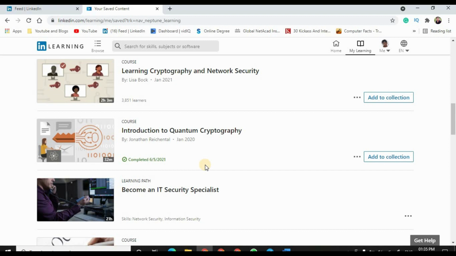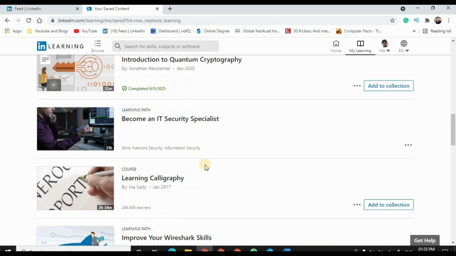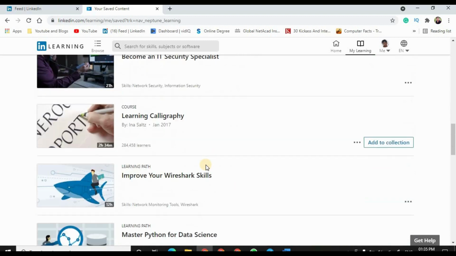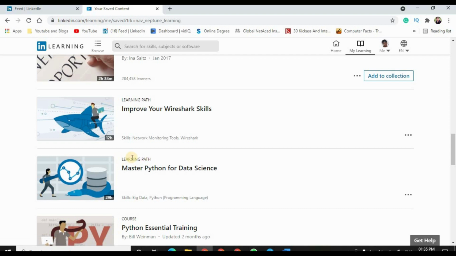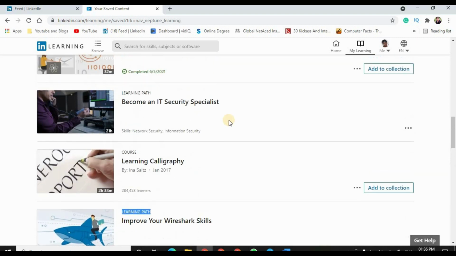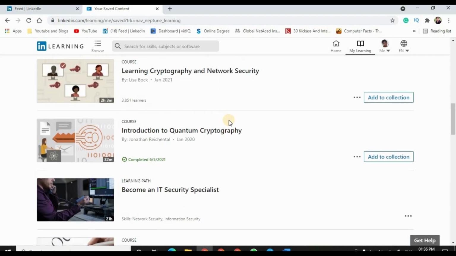I am much more interested in cryptography, so that is why I have chosen the courses related to cryptography and network security. And I am also interested in Python programming, so I have chosen the learning path. As you could see, I have almost chosen only learning paths, because a learning path gives me the list of courses which I have to take in order to excel in that particular domain. Rather than choosing different courses and creating a playlist, a learning path is already a playlist created by LinkedIn members, which saves a hell of a lot of my time. So I always prefer a learning path, but it is absolutely your choice.